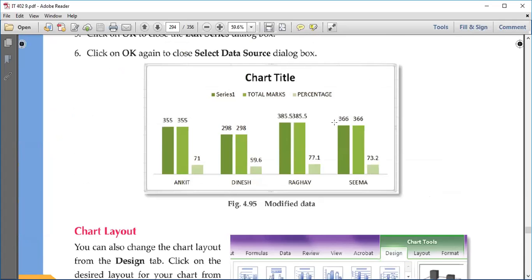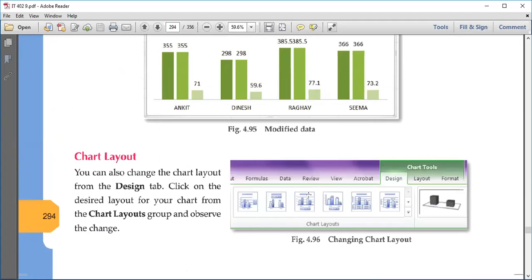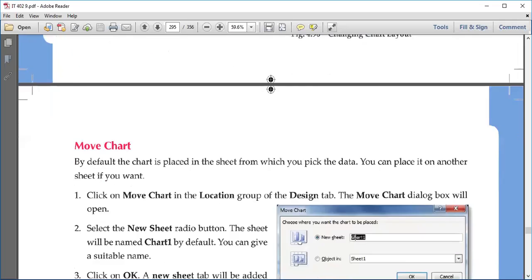Data values means these values that are coming on top. In this layout there are no values, here there are values also. So these are different kinds of layouts you can see. The next one, if you see at the bottom, will also have the table, the actual table from where the data has been taken. So these are all different kinds of layouts that you can choose and then apply on the chart, right?